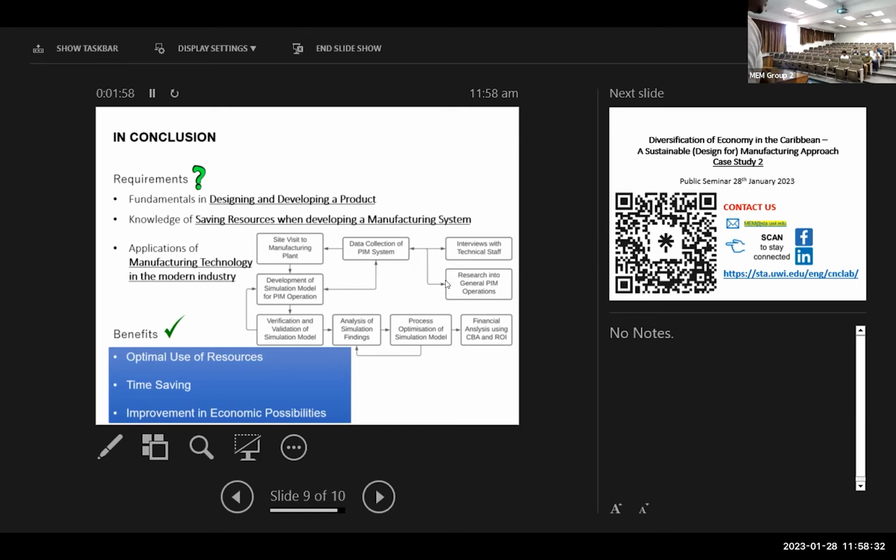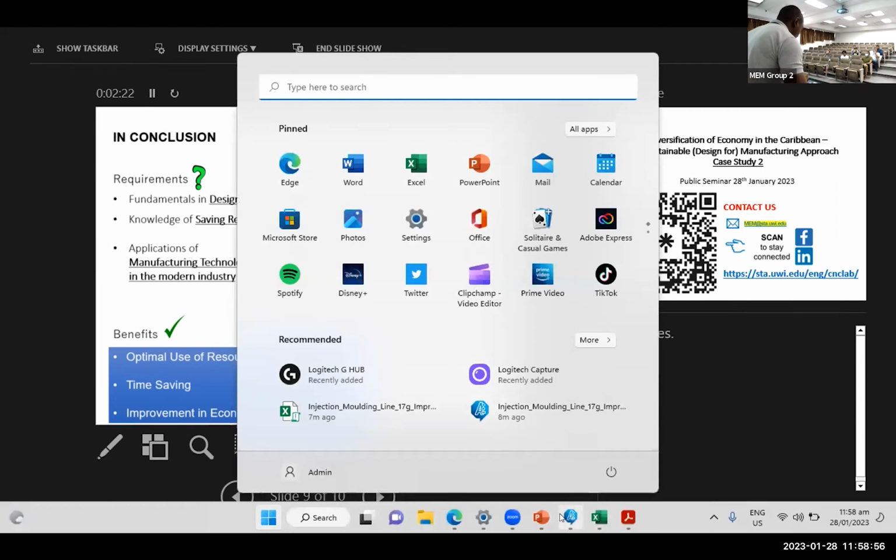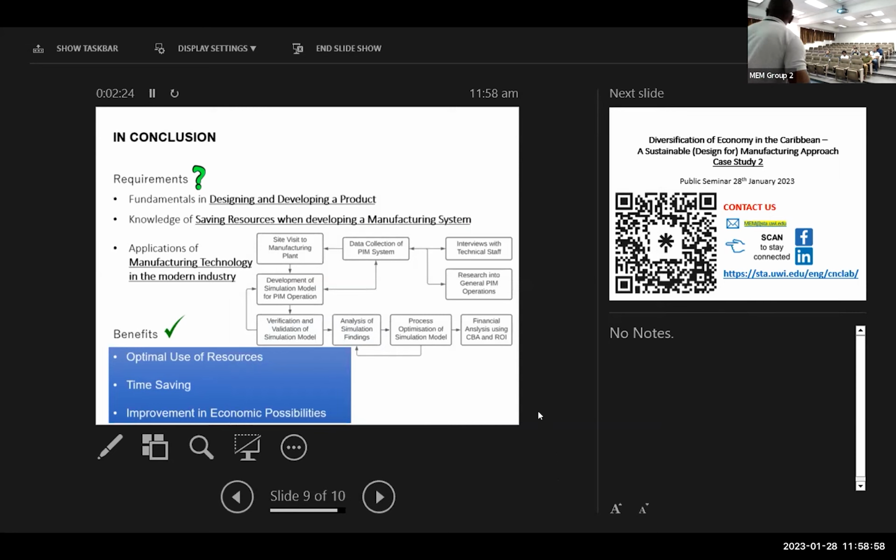Because, for example, you're not going to spend thousands of dollars or even hundreds of dollars on a simulation software to optimize a very small change in your system, right? So I hope that this has offered some insight into the applications of using simulation to solve systems or solve challenges like these. And I open the floor up to anybody that may have any questions whatsoever.